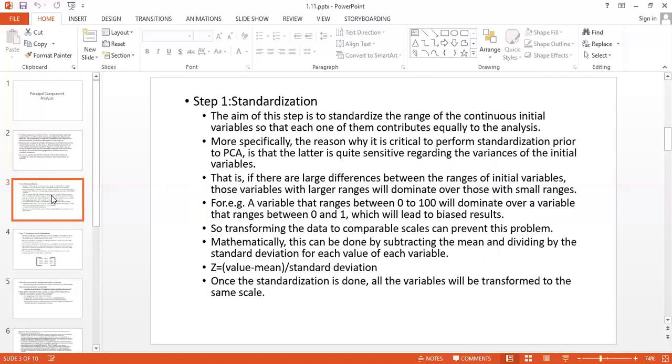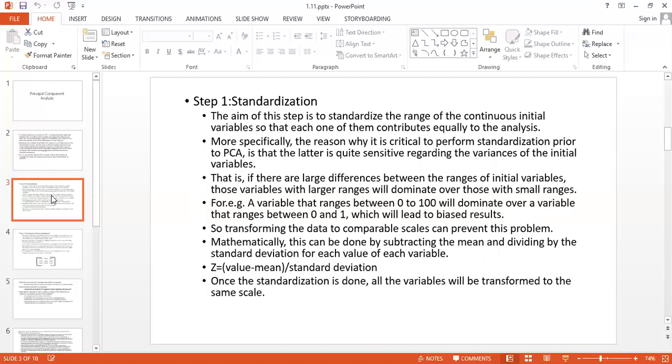It means we first calculate the mean of all the x and all the y, and then we subtract that mean from every variable. This whole step is known as standardization. Why do we have to perform this? Because if variables with larger ranges are there, they will dominate the variables with smaller ranges, and to avoid this we have to standardize the given data sets prior to applying the principal component analysis algorithm.